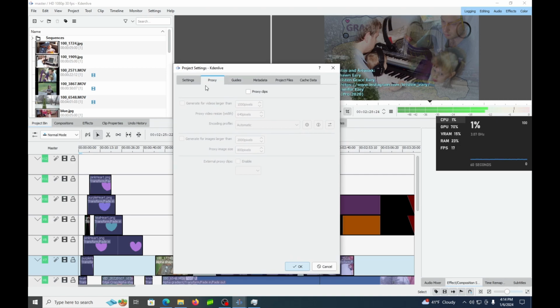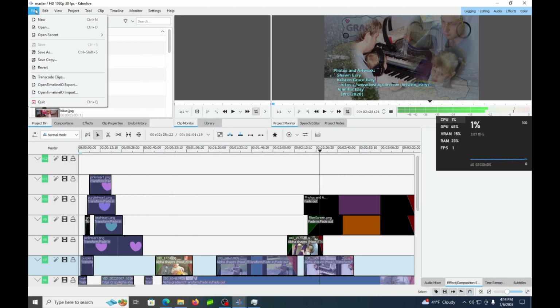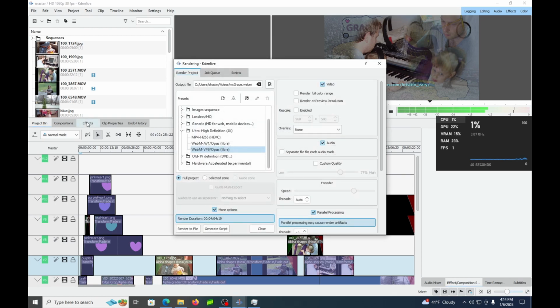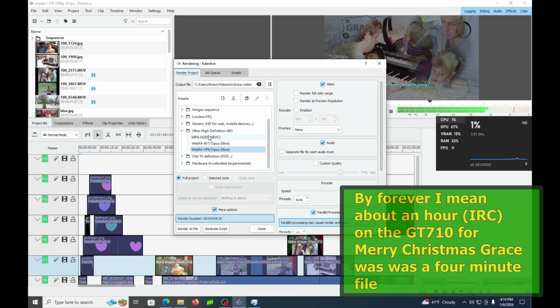So, yeah, enable proxy clips. But one of the things I was having problems with was when I go to render, file, project, render. I was doing single-threaded rendering, and it was taking forever, and I prefer WebM Opus VP9 because it's free. But you can also use MP4 because they don't charge royalties for it. If you're not some major theater production place,